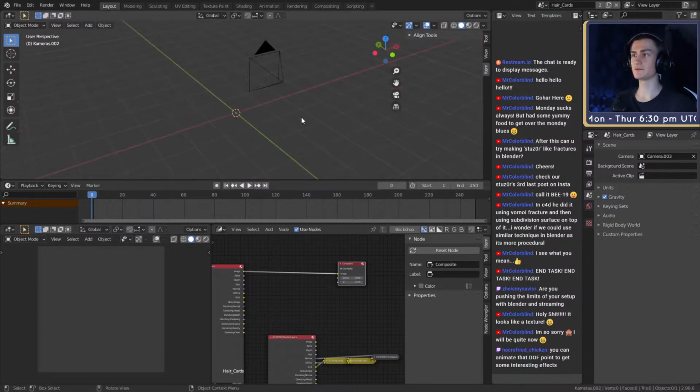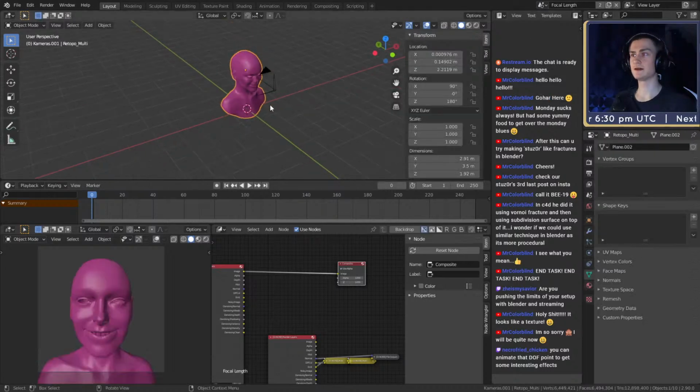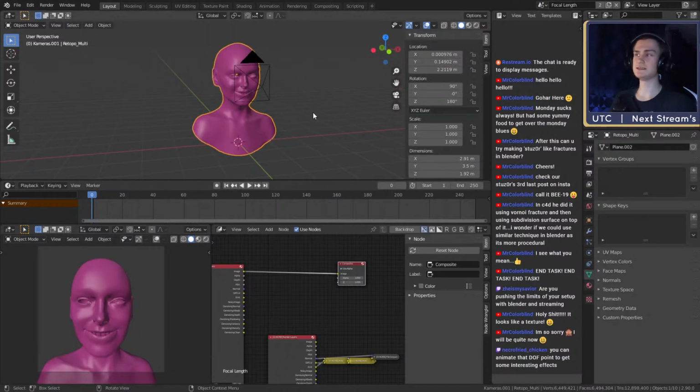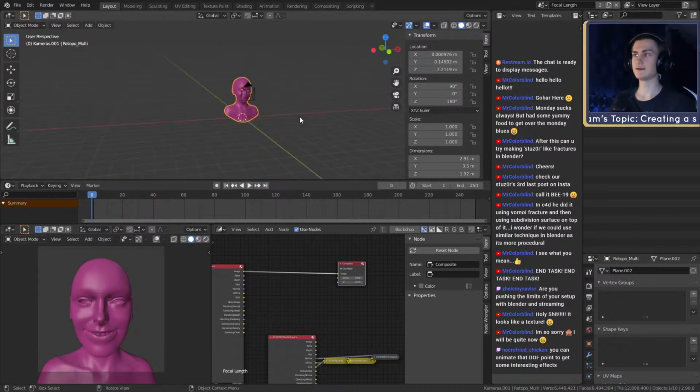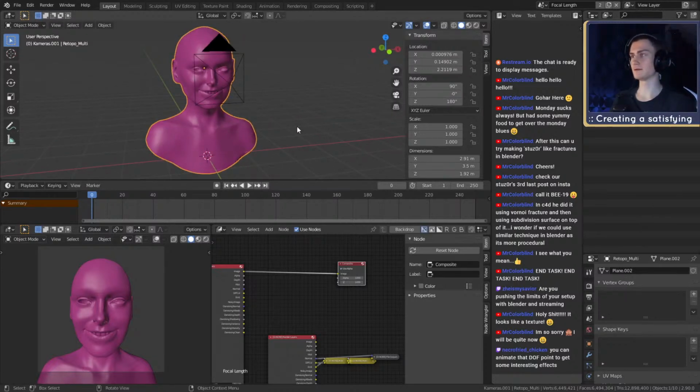And then if you're done with your hair cards, you can just switch the scene and work with your character again. So this is just an easy way to not have too many objects in your scene collection list, but still work in the same Blender file. At least I find it pretty helpful. If you see that your scene collection gets pretty full, it might be a good idea to just make multiple scenes, which lets you still work in the same Blender file, but you don't clog up your scene collection too much. So those are basically the 5 tips that I wish I knew when I started Blender.